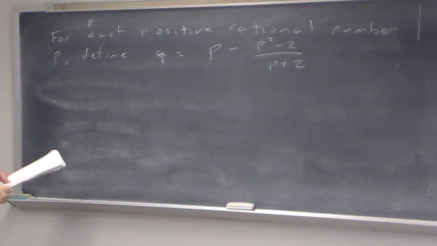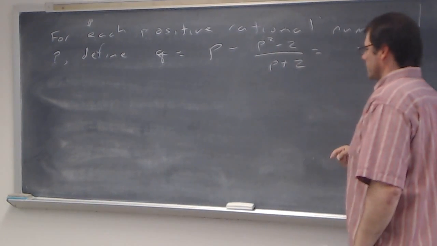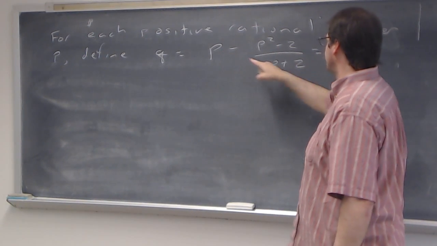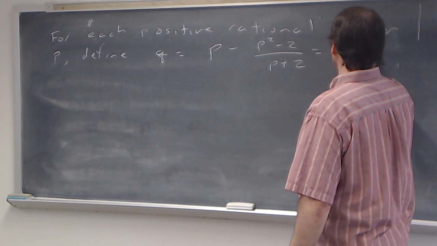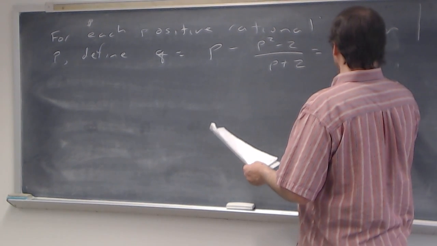So we look at this number. And this is equal to, if we get a common denominator, P squared plus 2P, so it's going to be (2P plus 2) over (P plus